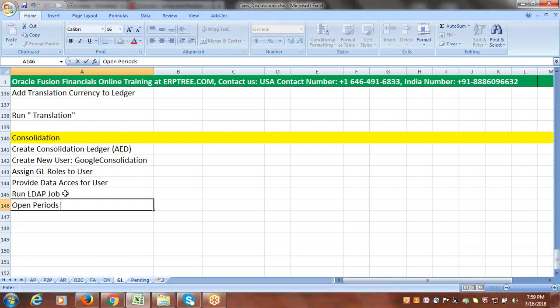Open periods in consolidation ledger. Done. After that, you can perform the mapping between this subsidiary ledger and consolidation ledger. Our primary ledger we treat as a subsidiary in case of consolidation. Between these two ledgers, we do the mapping. Right? Say map subsidiary, nothing but the US primary ledger, and